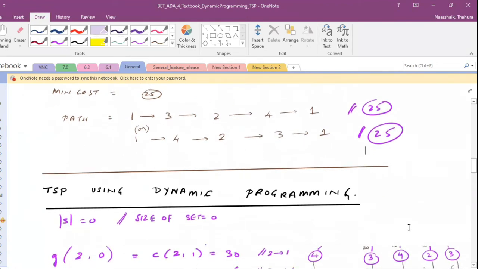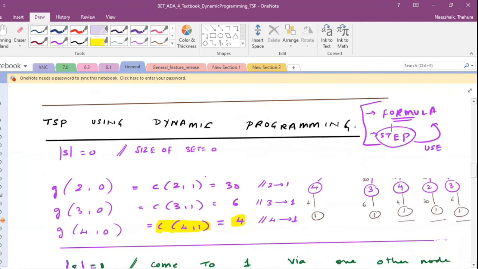Now, dynamic programming, if you have seen the other pattern of the problems which we did, like multi-stage or also shortest path Floyd's algorithm, in all of that, you have to come up with one formula, right? And as you do step by step, you use the values that you computed in the previous step. This is the pattern for dynamic programming. You're supposed to reuse the solution that you got in your previous step, right? So here we need to come up with a formula. Okay, I'll show the formula at the end, but let's see step by step how you can do it.